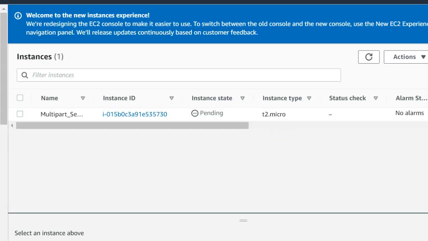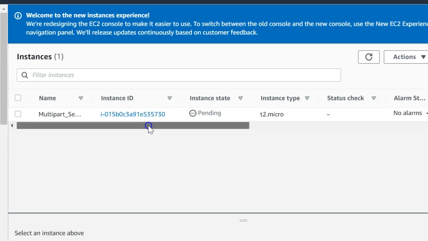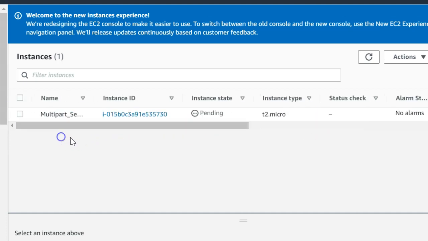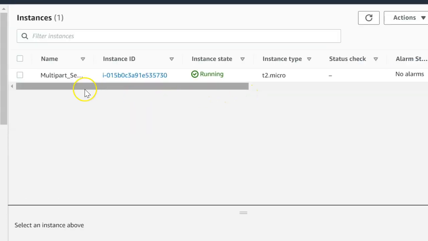You can see your instance in the pending state, and it's going to be in the running state in a couple of seconds. It won't take too much time. That's the beauty of AWS cloud computing. Your new server will be ready in a few seconds. Just in a couple of seconds you can find your brand new server ready for use. That's how it reduces your time and how efficiently you can work on AWS cloud. Okay, so that is what we have created so far.